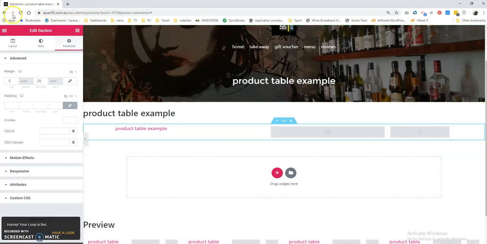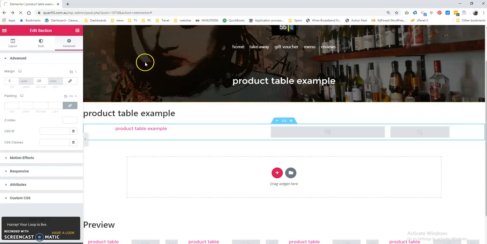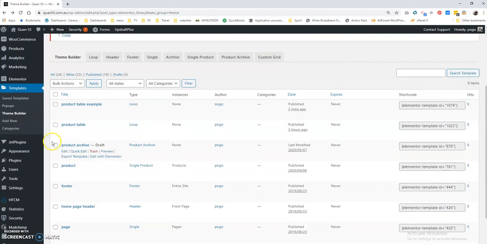Alright, now let's go back a step or two and make our table. So what I've done is made a template and used that table inside our template,